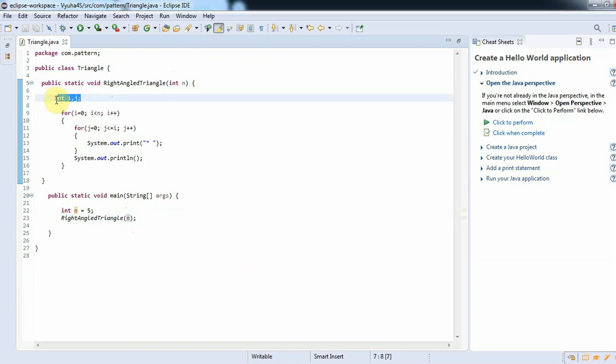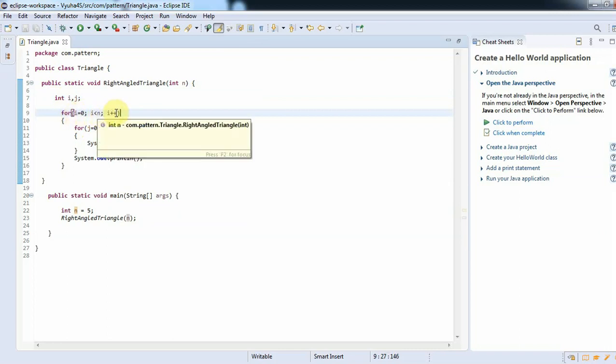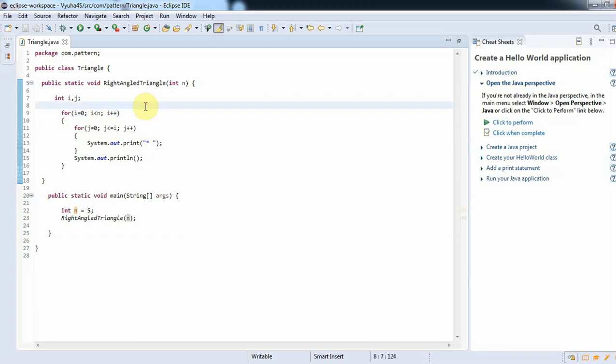In this method I have written int i, j, declaring two variables i and j, and I have written two for loops to complete this program. As you know, the syntax of a for loop is first initialization, then condition, and then increment or decrement. Here i is initialized to 0, and then it is checked with the condition i less than n.